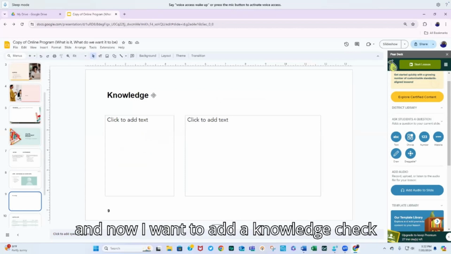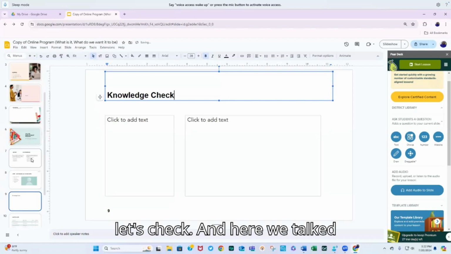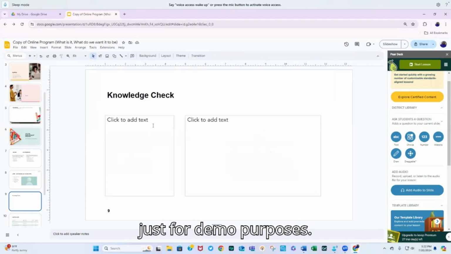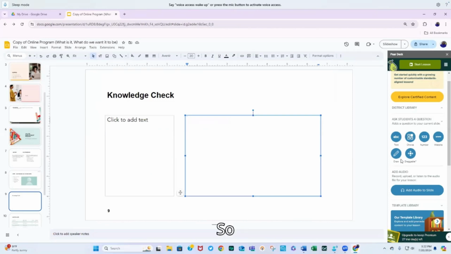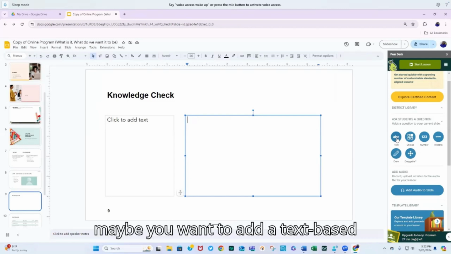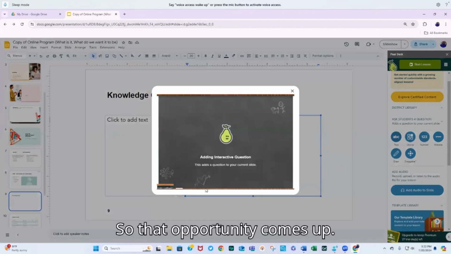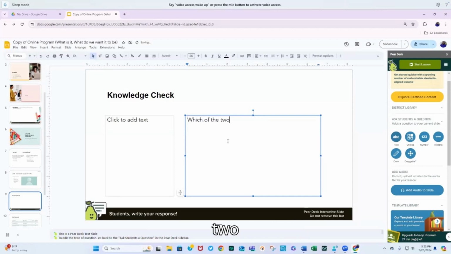content, and now I want to add a knowledge check once again. So knowledge check, and here we talked about history and contemporary. So this is just for demo purposes. Then you can add a knowledge check question here about that. So maybe you want to add a text-based question. So if that opportunity comes up, and you can add your text-based question, which of the two